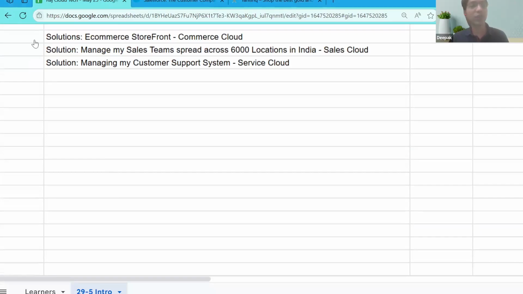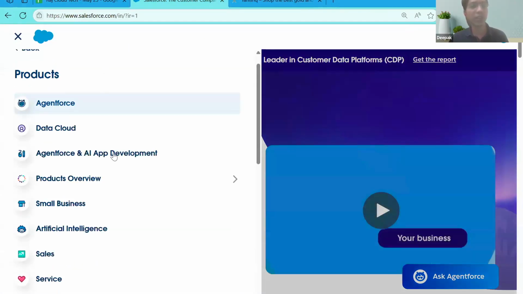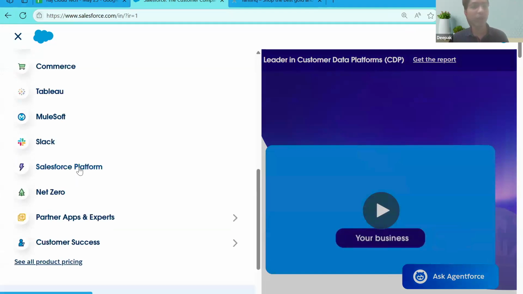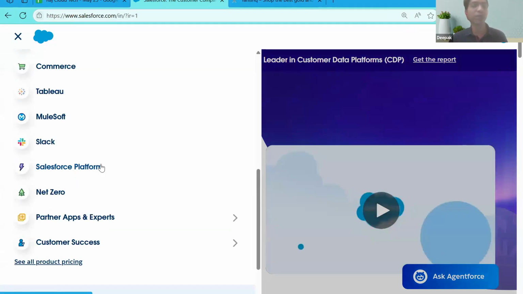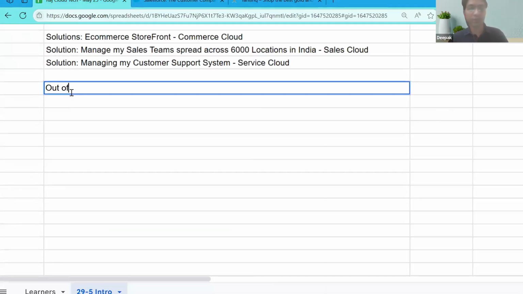There are a lot of things that Salesforce offers, but we are going to set our foundation in Salesforce by learning just one thing, which is called the Salesforce platform. Okay, this thing is what we are trying to build our expertise on. Out of all the solutions that Salesforce offers in the marketplace, we are trying to build our expertise